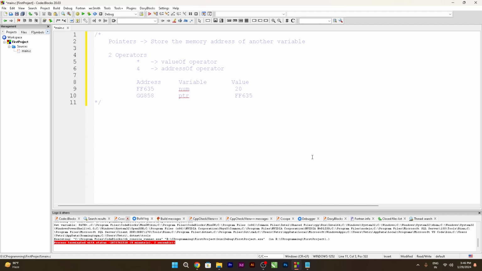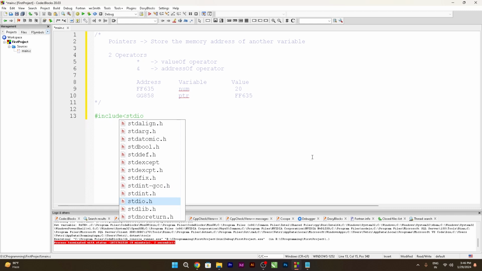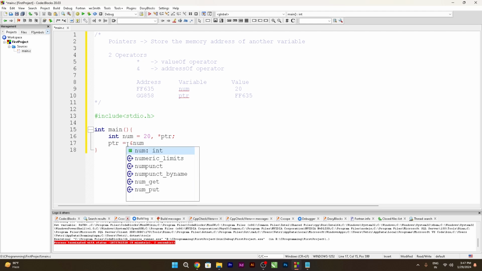So let's try to understand how exactly it works. #include <stdio.h> and int main, open it, and int number equals 20. Then we are going to define a pointer variable as *ptr, right? That's a variable which we are creating. Now I need to get the variable address and put it into this pointer variable. So ptr = &number;